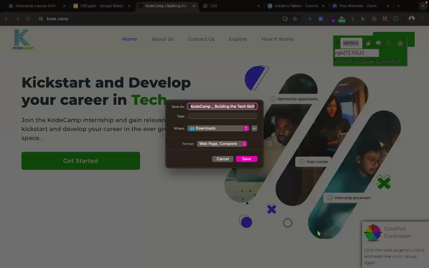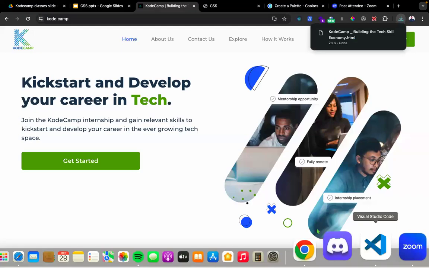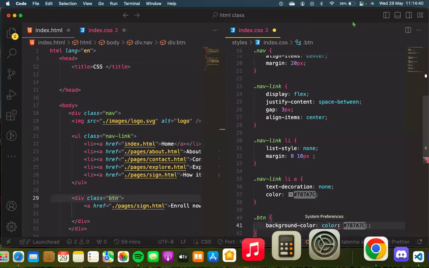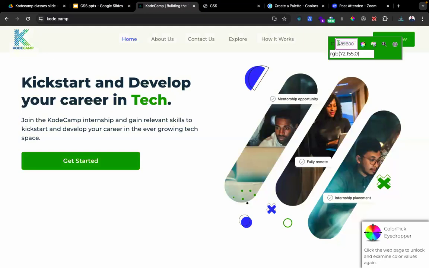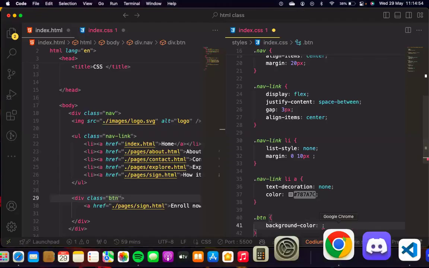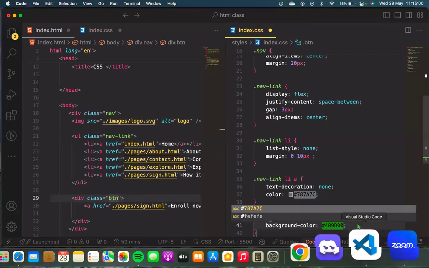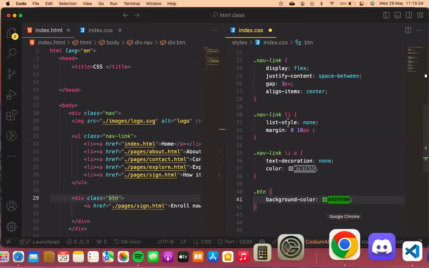I've copied it, so let's come back to our code. Control V. No, I didn't copy it actually. I thought I did. Control C. Back here, we have a background color. I'll put the hash in front of it. So we have a green. And the next thing we have there, you can see that